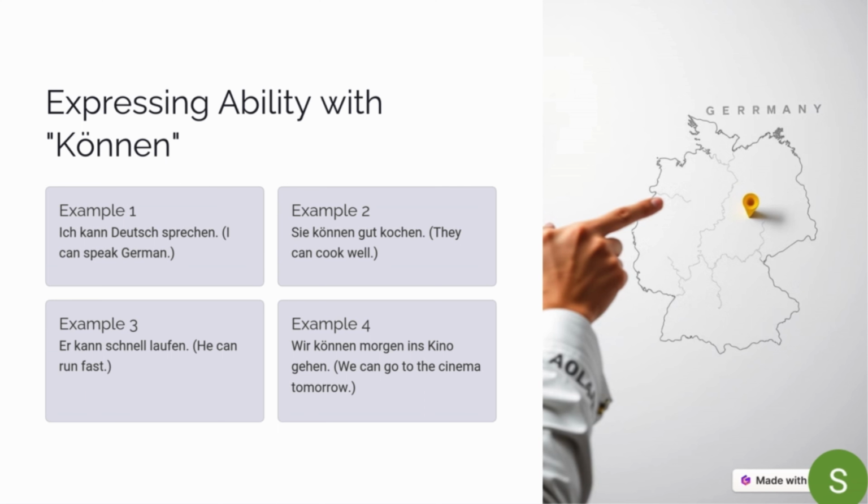Third example: Er kann schnell laufen. He can run fast. Example 4. Wir können morgen ins Kino gehen. We can go to the cinema tomorrow. These are quite simple sentences to make. So können